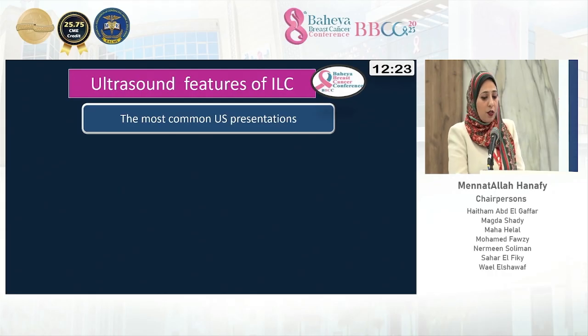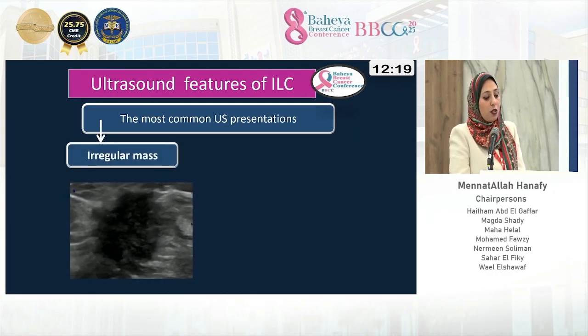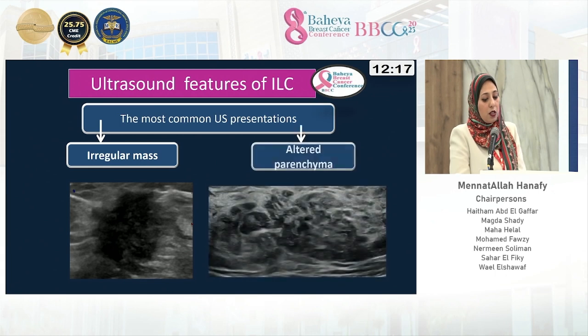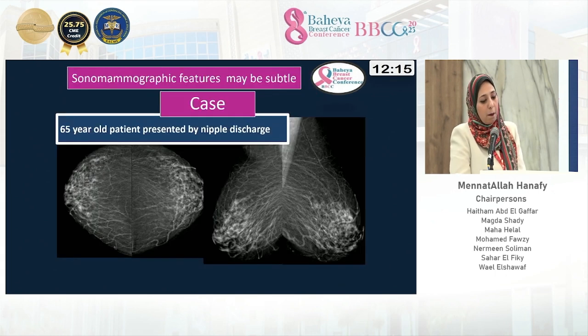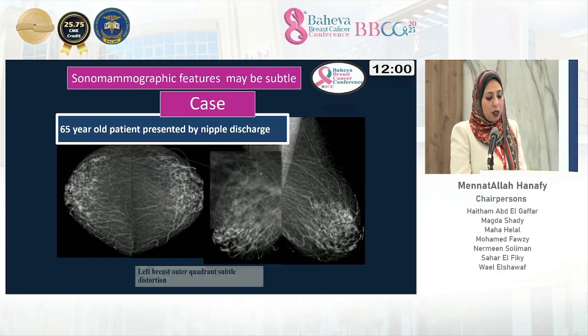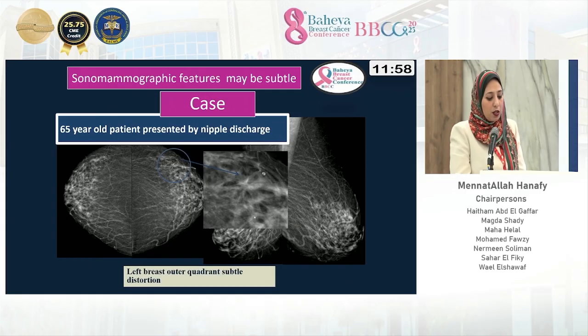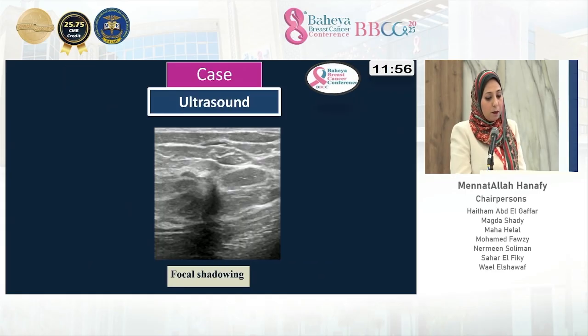For the ultrasound features of invasive lobular carcinoma, the most common ultrasound presentations are irregular mass lesions and altered parenchyma. Yet, sonomammographic features of invasive lobular carcinoma may be very subtle, as in this case, a 65-year-old presented with nipple discharge. At first, no definite abnormality could be detected, yet upon zooming, left breast outer quadrant subtle distortion is detected by